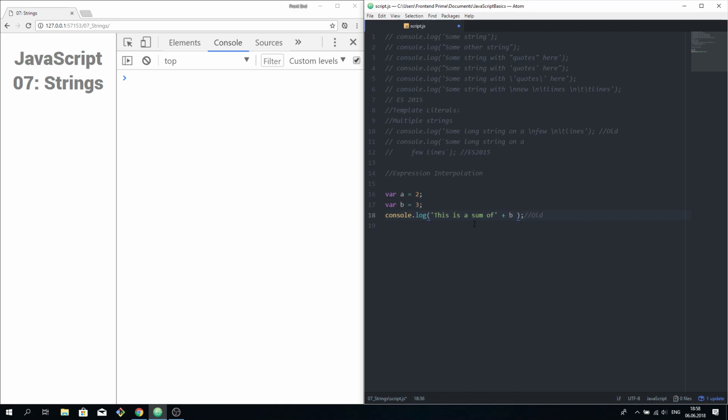Let's calculate this sum, a plus b, and continue our string. And let's add here the space. Console log. We have, we should add here